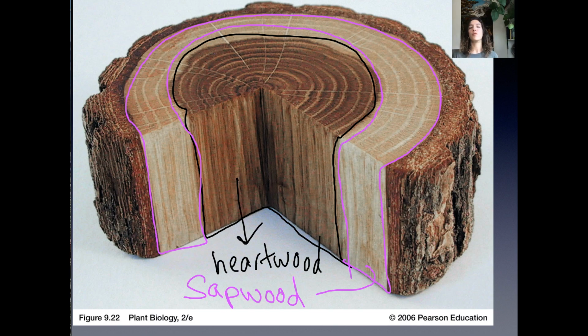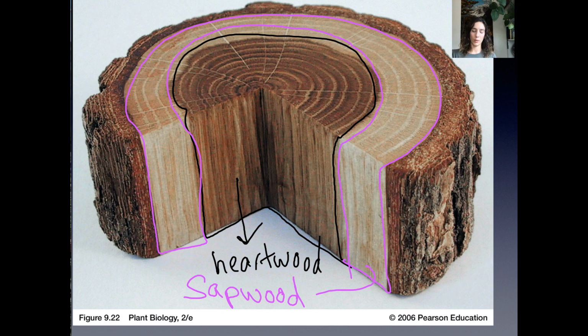Now, just because it's not moving water up doesn't mean it's totally useless and it's just going to rot away or something. It might rot away, but that'd be for a different reason. It is actually important for the plant. As it's growing in girth, it's going to need more structural support. And this heartwood will remain in the center of the tree for as long as it grows. This heartwood will continue expanding out, and it will provide more and more structure for the plant as